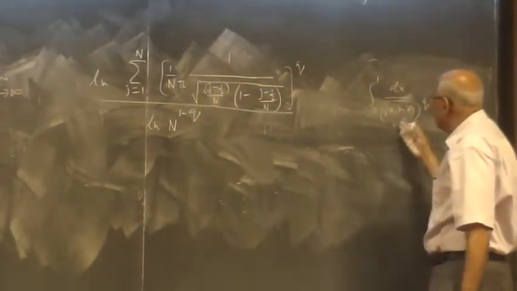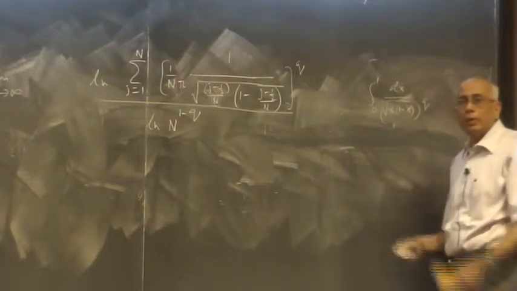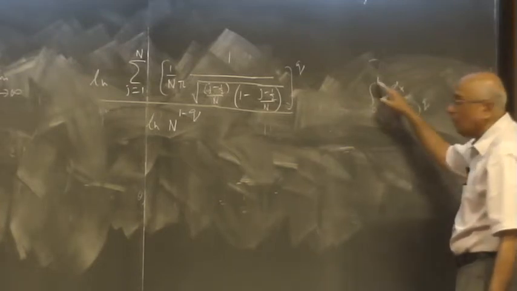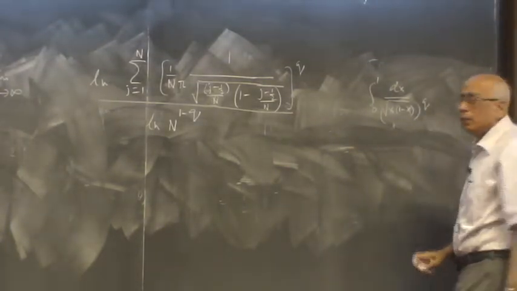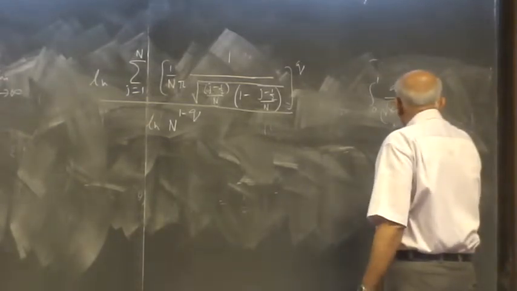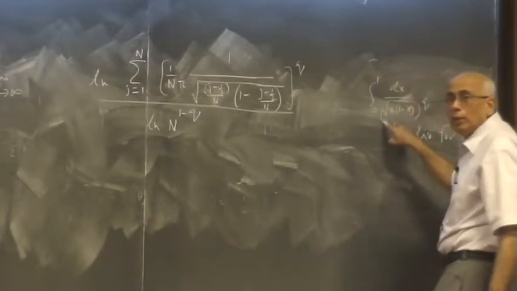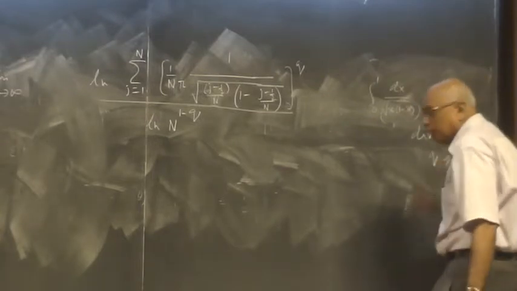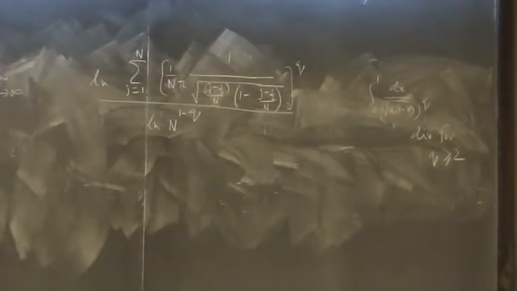But at what stage is this integral convergent? Now this is not the probability density, it's the density raised to the power q. So we have to worry about the convergence of this integral. It's got singularities at 0 and 1, and the singularity becomes non-integrable if this exponent exceeds 1. Right? So it's divergent for q over 2 greater than 1, which means q greater than 2. And equal to 2, it's logarithmically divergent. For q less than 2, I'm okay. For q greater than 2, I'm in trouble. For q less than 2,